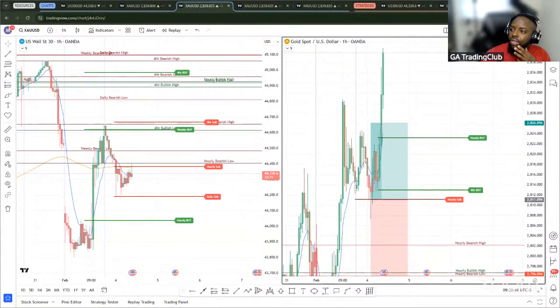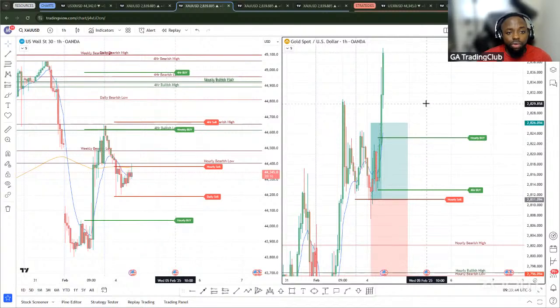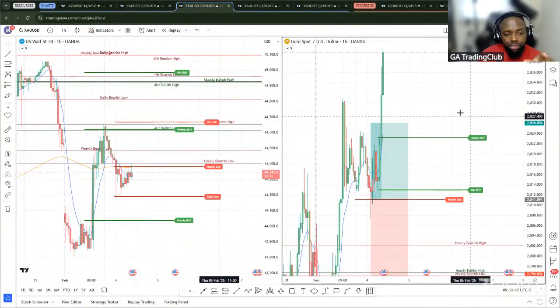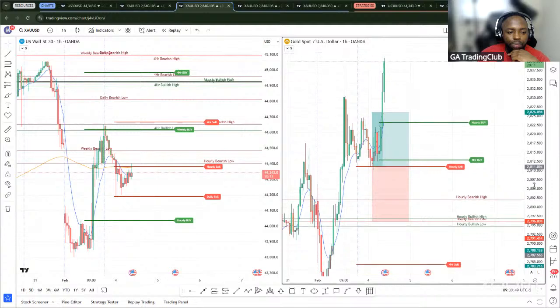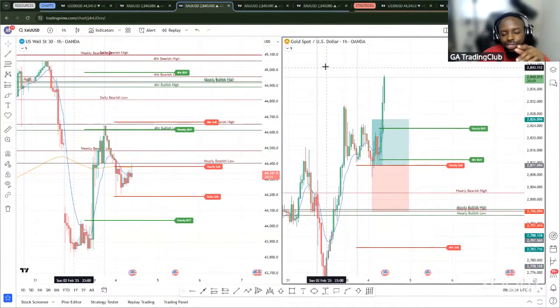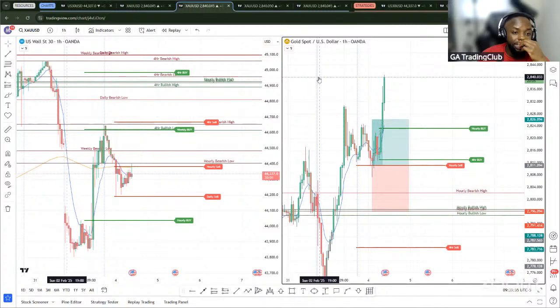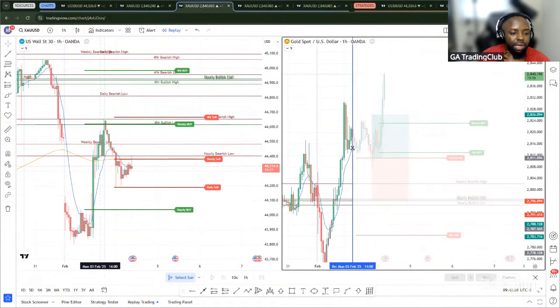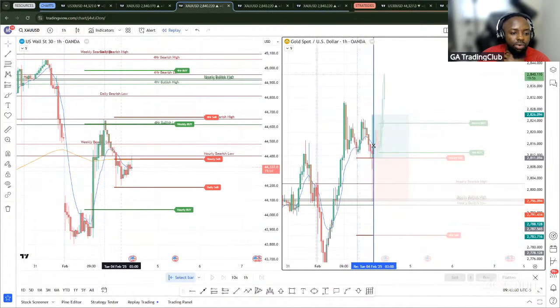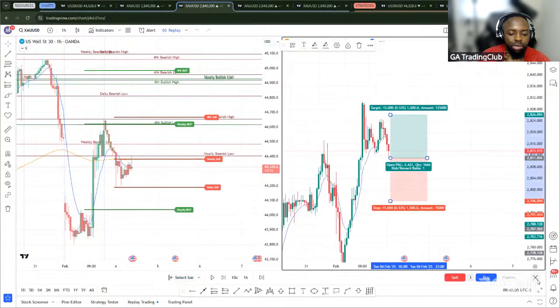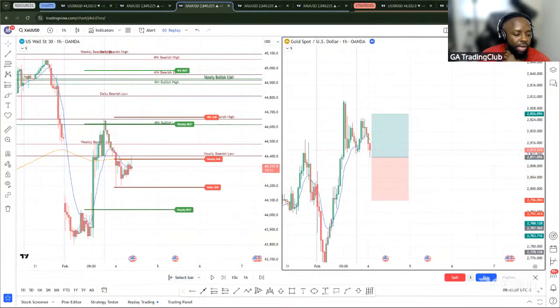There was an entry for gold. However, this right here, and we'll just do a recap of it. This was like a C plus setup. So this goes back to what I was mentioning to you guys last week, where you can have C plus setups that are winning. So if we go ahead and replay this entry here and look at what the red flags were,